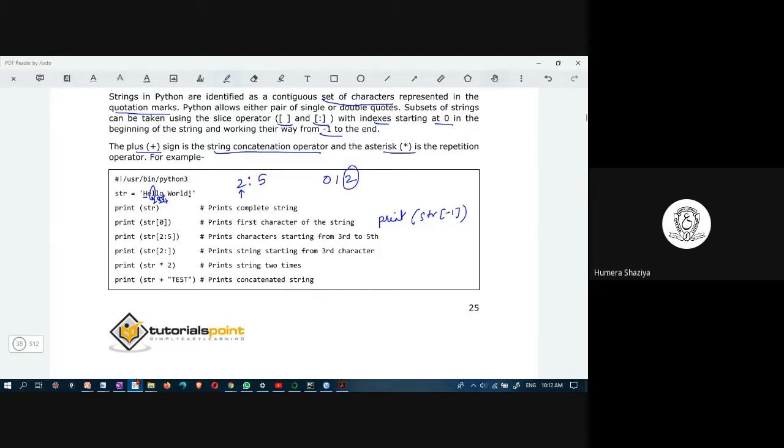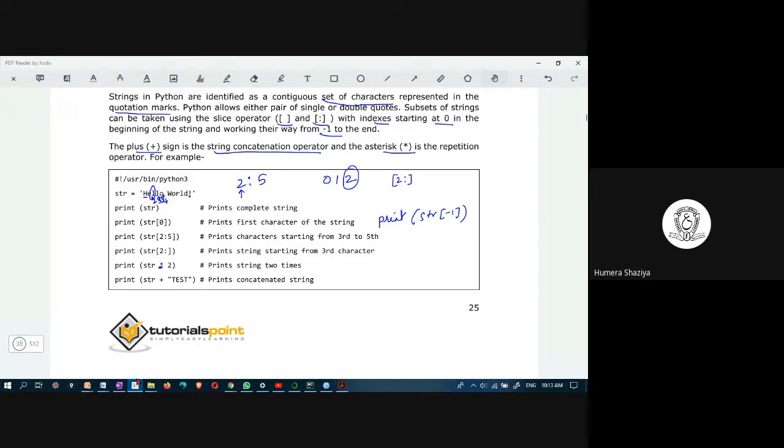And this is 2 colon, there is nothing here. You have 2 colon and here you have nothing, blank. It means till the last character. Start at the second index, which is actually the third character in the string. Start at that, end at the last. If you don't specify anything, it is the last. And str asterisk 2 means print the value of str 2 times.